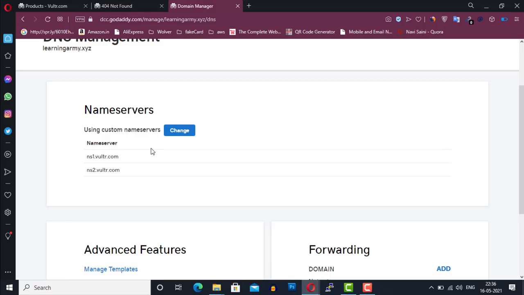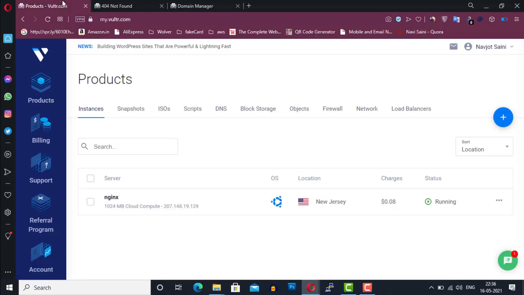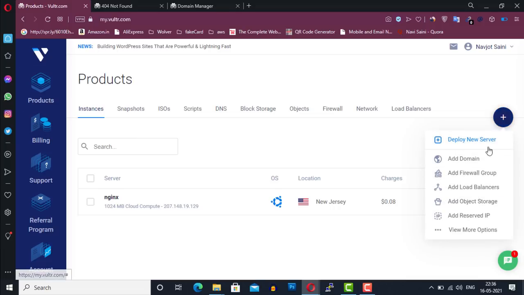After updating the name servers on the domain registrar, we have to add our domain to the cloud service provider. To do this, open your Vultr dashboard and go to the product section and click on add domain.